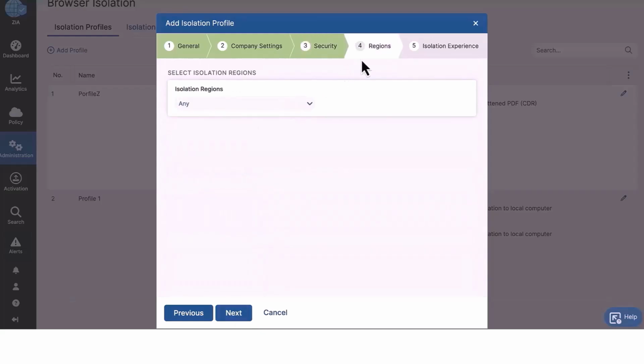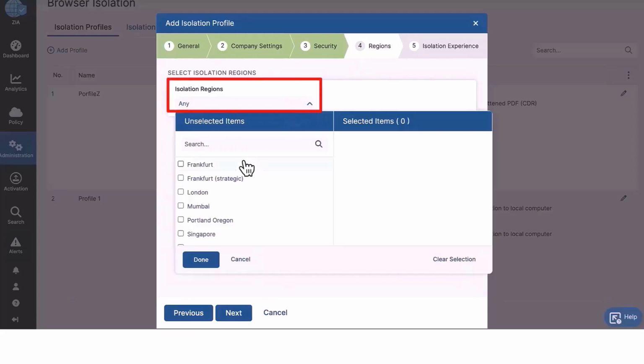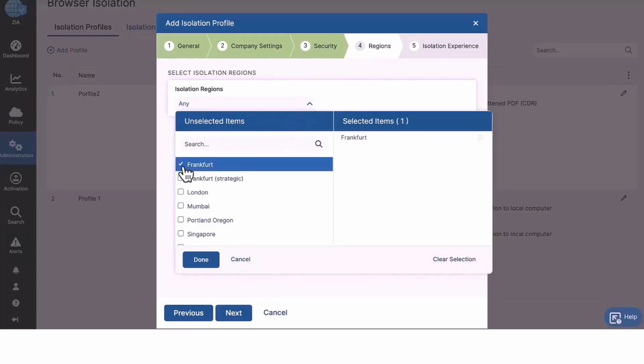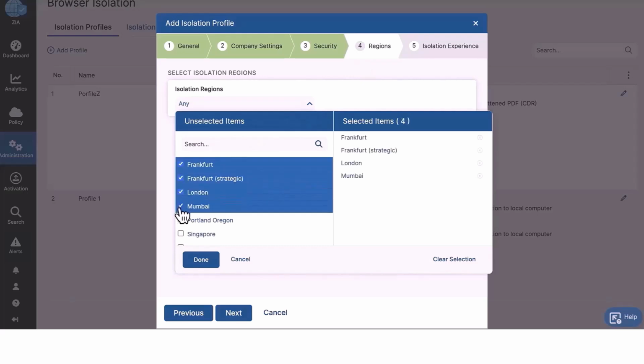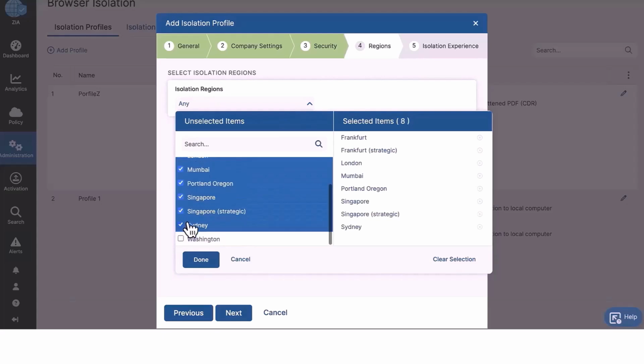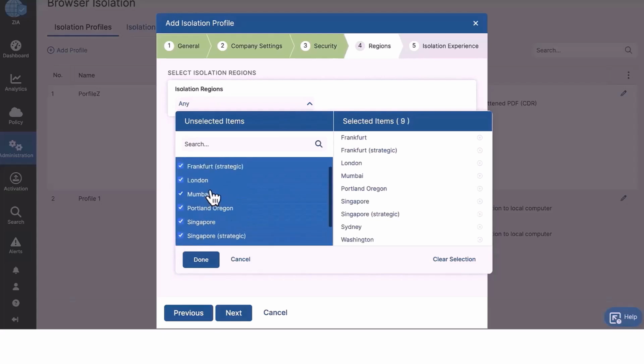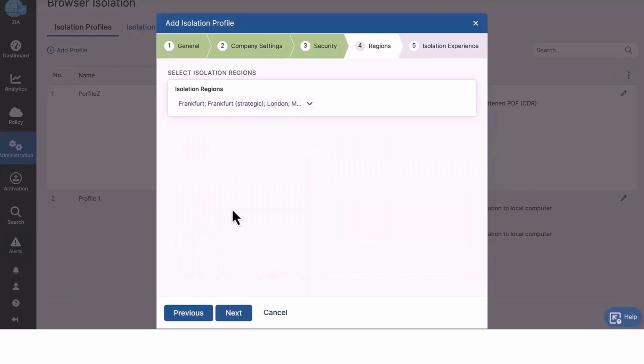In the regions section of the isolation profile, you should be able to select the different isolation data centers of Zscaler, which provide you the cloud browser isolation capability. It is recommended to at least select 2 of the isolation regions from the list. Whichever Zscaler data center is closest to the user out of the selected list is where the user would be provided